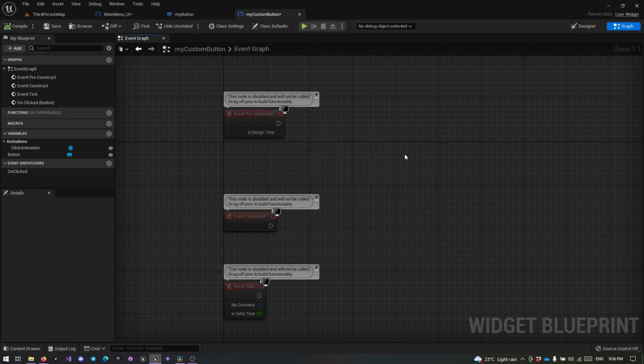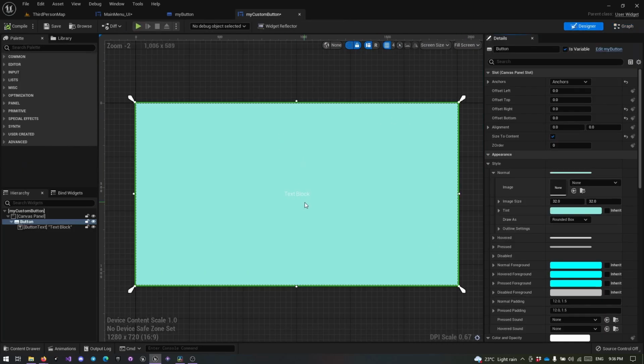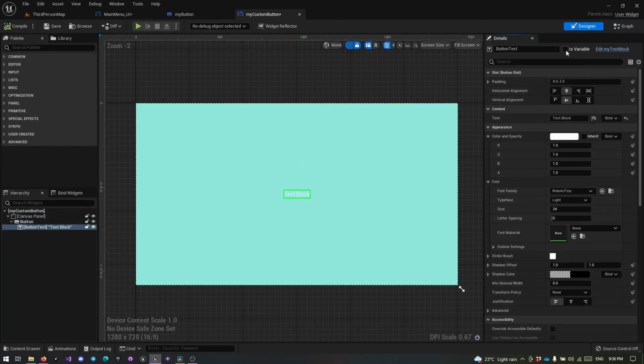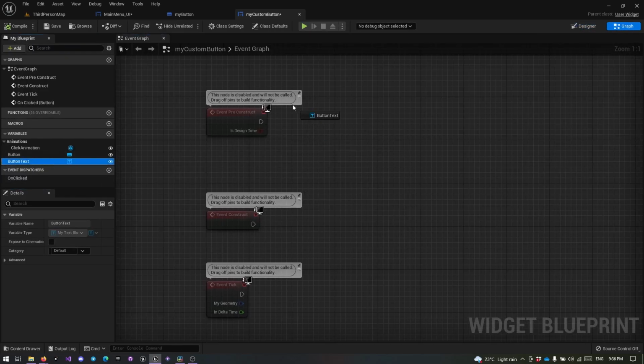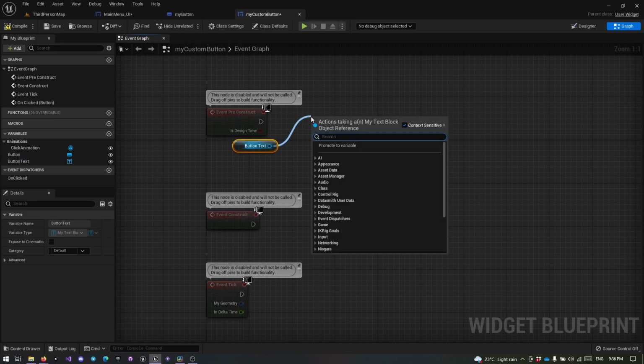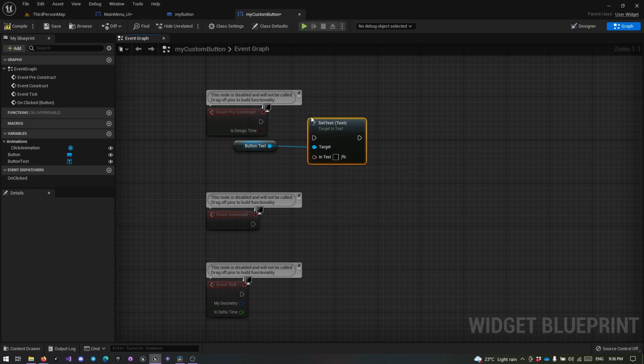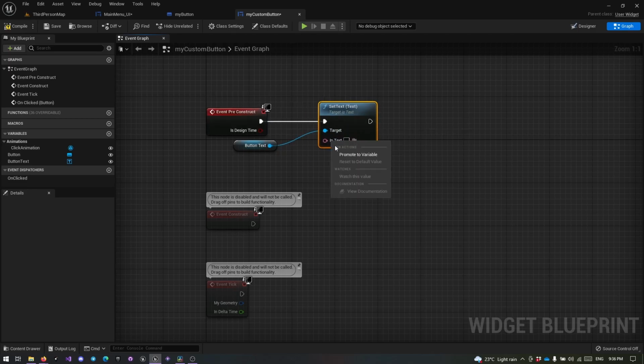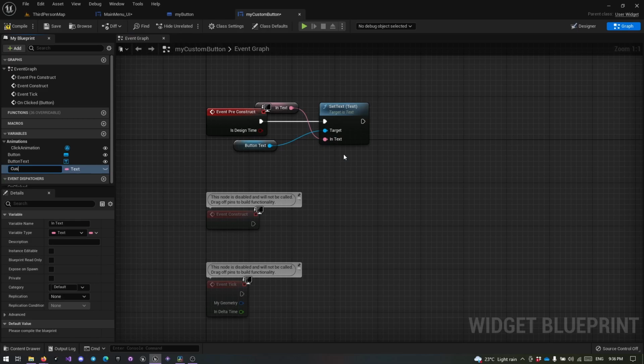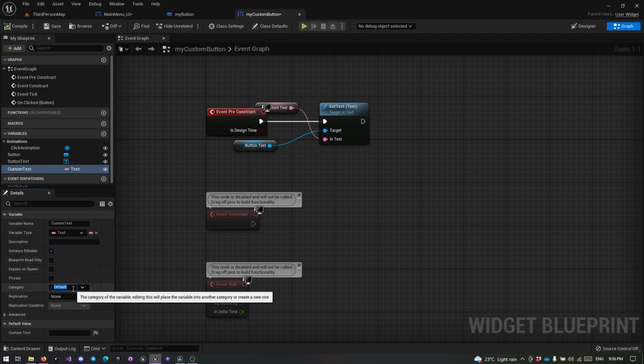So what I'm going to do is, first of all, go to the designer, click on my text block, and make it a variable. I'm going to compile, go to my graph, drag my button text, get it, and set its text. So I can click here and promote this to a variable, and it's going to be called custom text. And now we're going to make it instance editable, so you can actually modify the values inside that in your instance. And we're going to add it to the category,